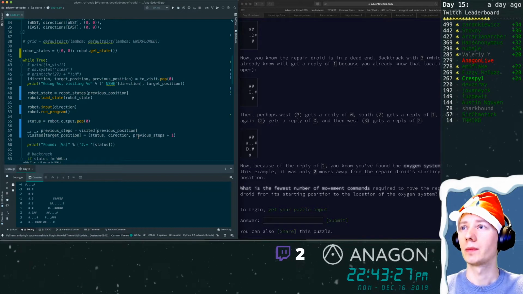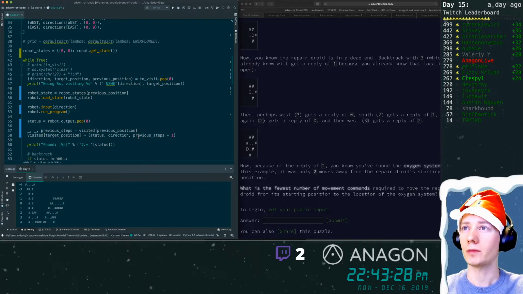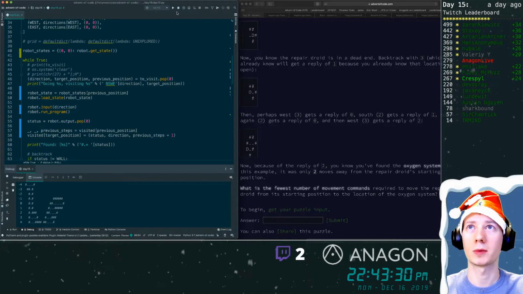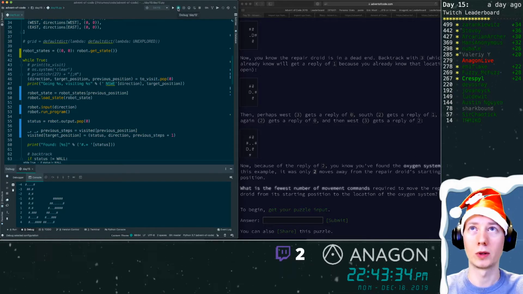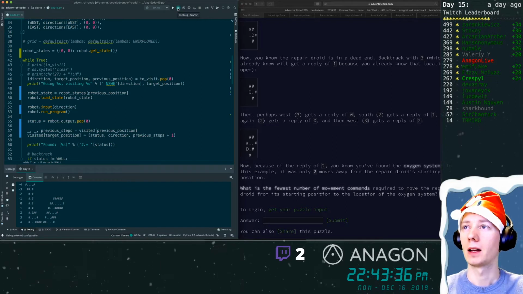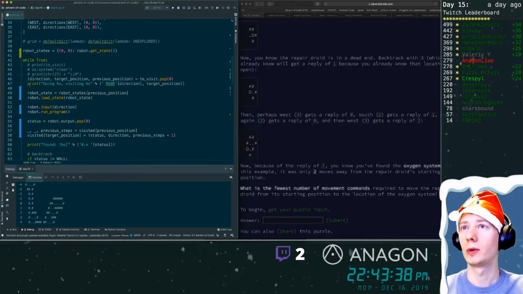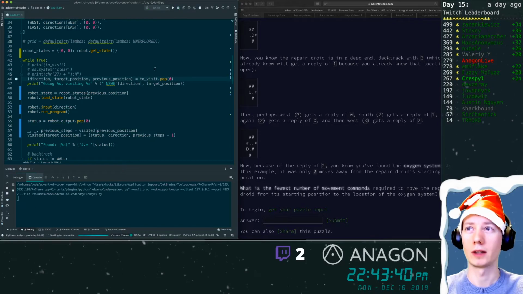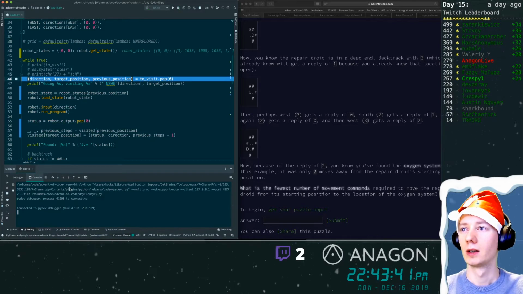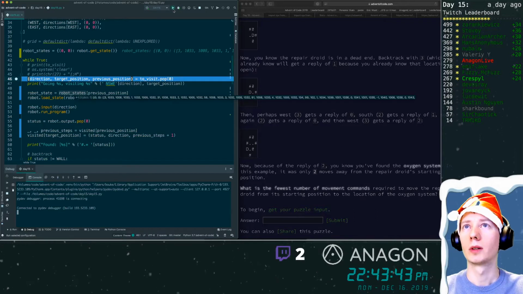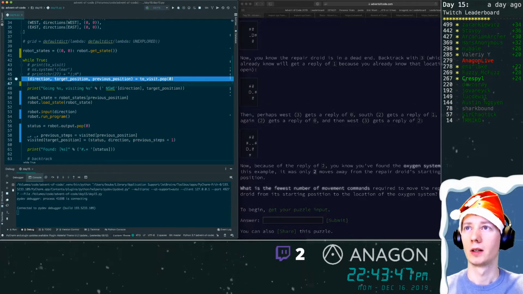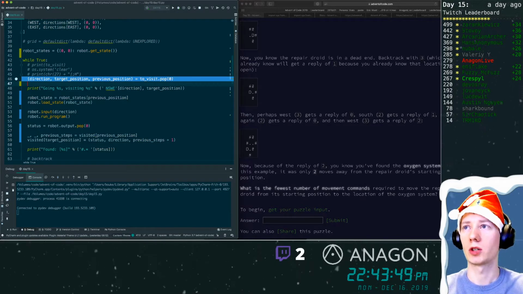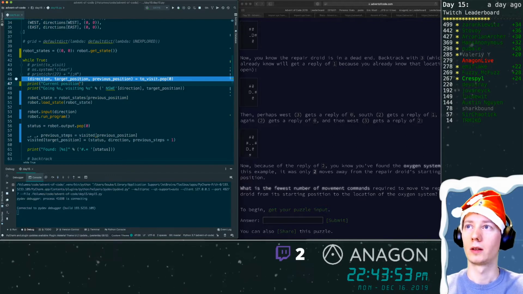So for now I think I'm going to go through the robot's steps, like one iteration at a time, to make sure that what it's doing is really correct. And so let's start the loop and run it. So at the start of the loop, we might also want to say where we are, just to be clear. So our previous position, or let's say that